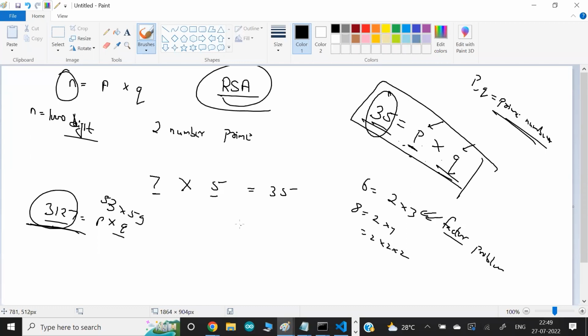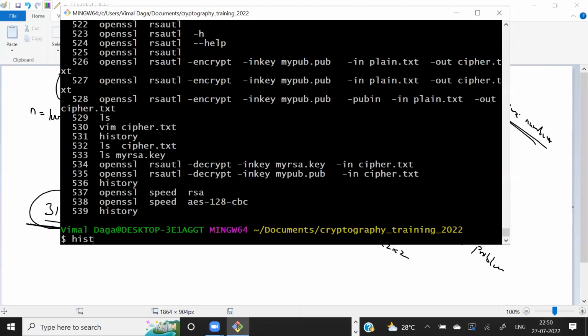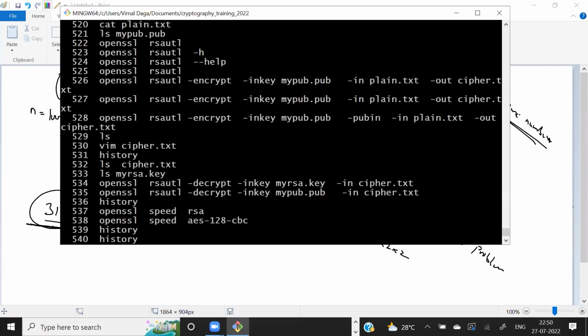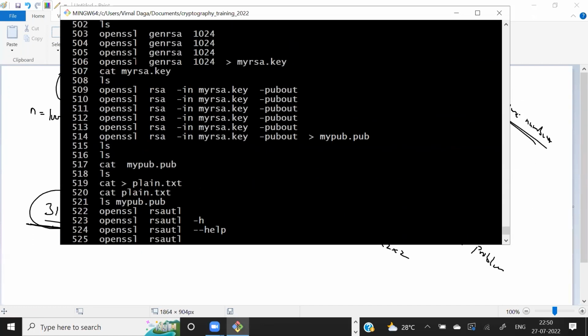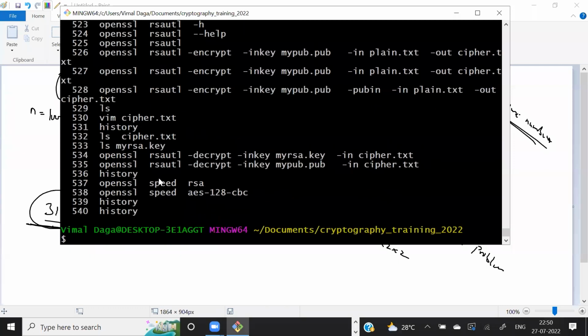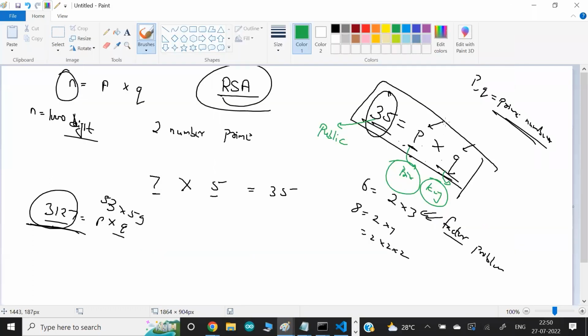In RSA, this 35 is known as the public key, and P and Q are known as the private key. So when I ask you to create a private key by this command, I don't know if you have noticed or not. Let me run this command one more time. When you run this command, internally it creates two random very big